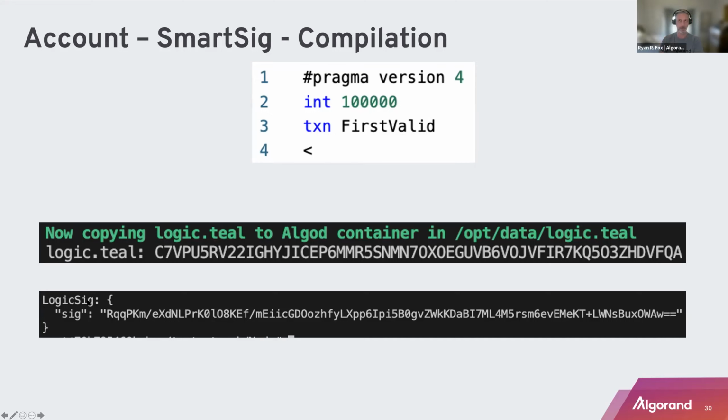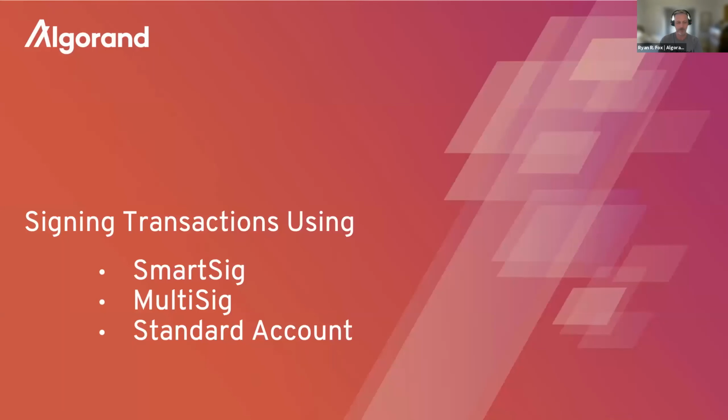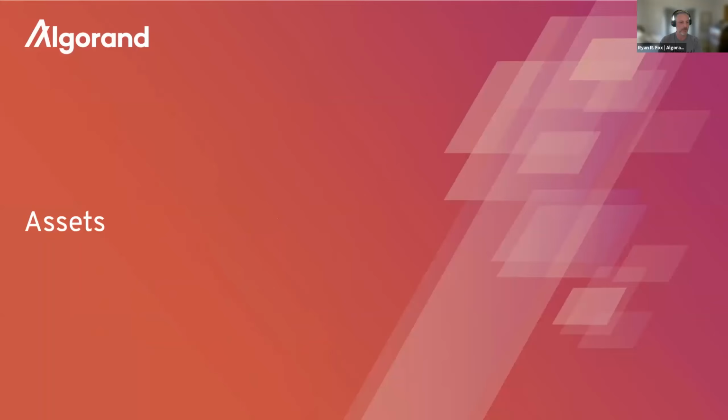So within the transaction itself, it will expect that the transaction is valid if it has either a logic sig, like this one does, or a signature, and then it would expect the signature to be from the public key that was the sender of that account. All right, those are our 3 accounts. There's a little animation to show that. All right, signing those transactions, we are going to move along